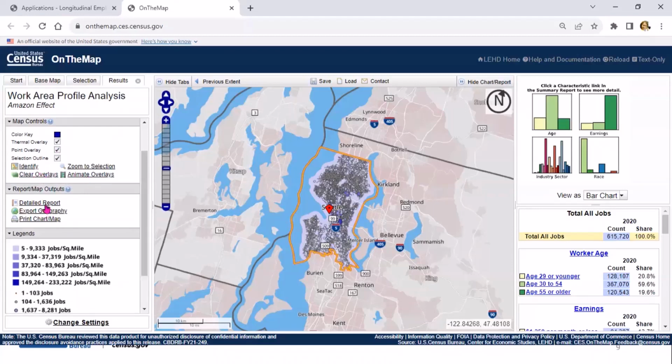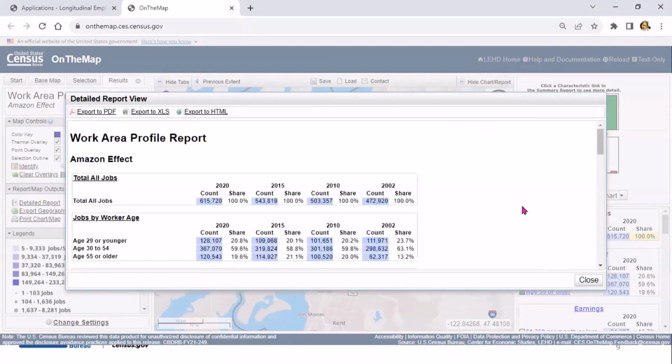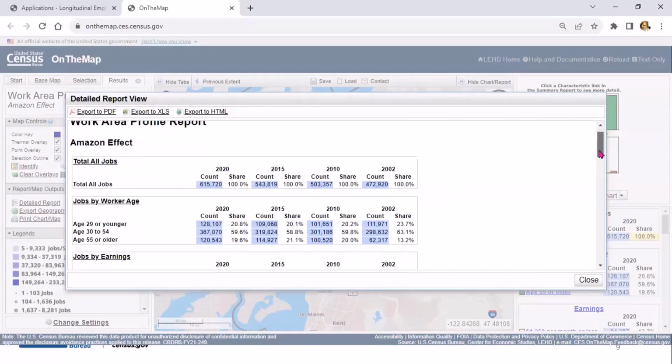So another thing you can do is you can click on this detailed report and you can export the report by PDF, Excel, or HTML. And then you can actually see, in plain sight, the different trends.